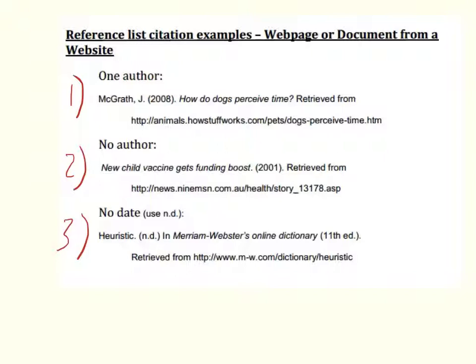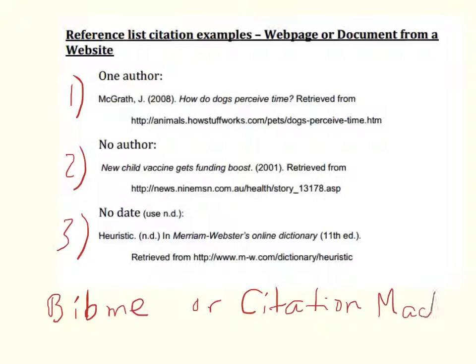You shouldn't have to worry about this too much if you're using BibMe or citationmachine.net, and you have already been shown in class these websites. They are linked on Edmodo in our folder called Research Tools. There are others beyond this as well, but these are the 2 that are most commonly used and I'm familiar with, www.bibme.org and www.citationmachine.net. You do need to select APA because they're automatically set up for the MLA style of referencing,